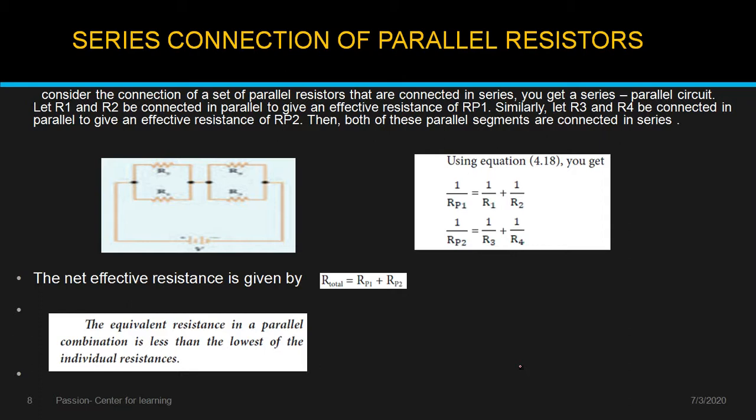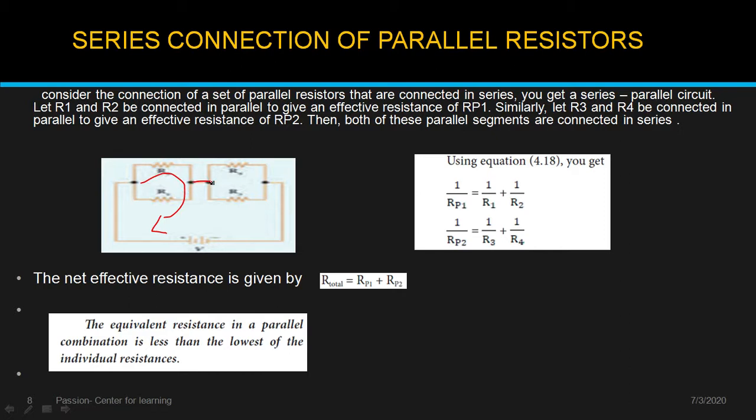Now we have seen separately what is series and what is parallel. Now series connection with parallel resistance. Normally we say only one loop in series circuits. So this is series only, but the resistors are connected in parallel. That is the thing, nothing else here. See, you have R1 and R2 and R3 and R4. These two are parallel but connected in series.